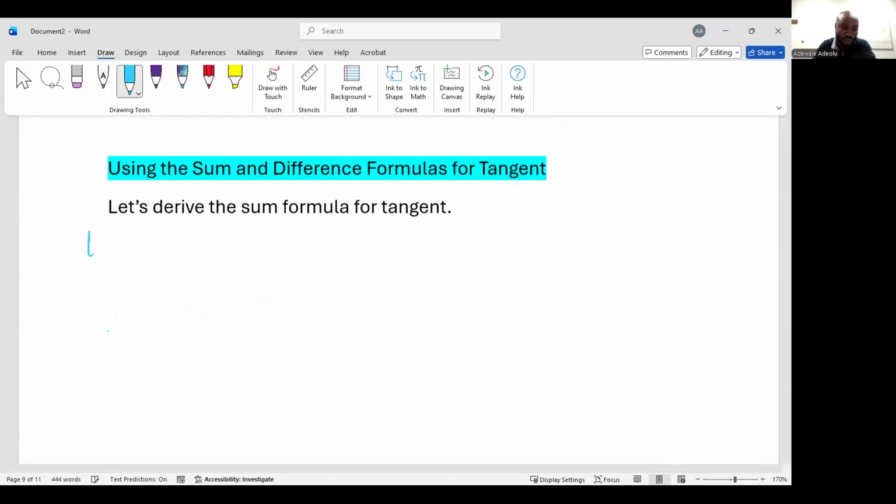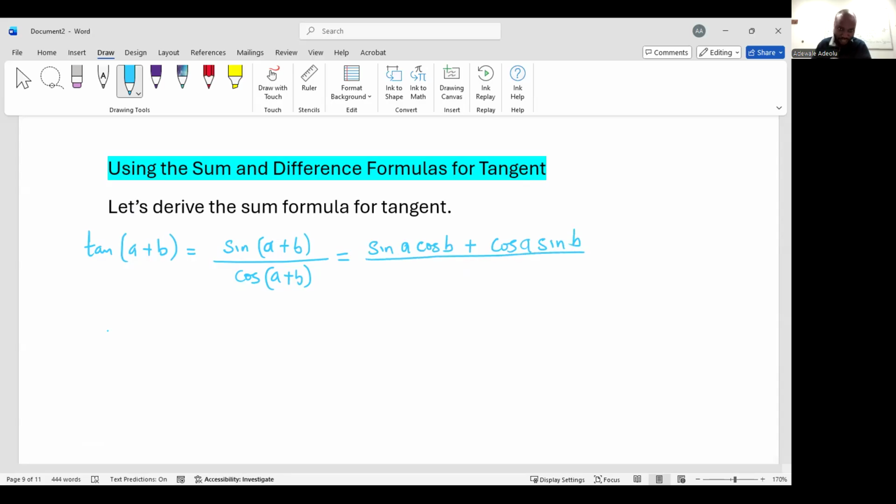Quickly, let me show you the tangent of angle A plus angle B. Remember that I can rewrite this as sine of angle A plus B divided by cosine of angle A plus B. And I know the sum of angles formula for sine: sine of the first angle multiplied by cosine of the second angle plus, because it is sine, cosine of the first angle multiplied by sine of the second angle,